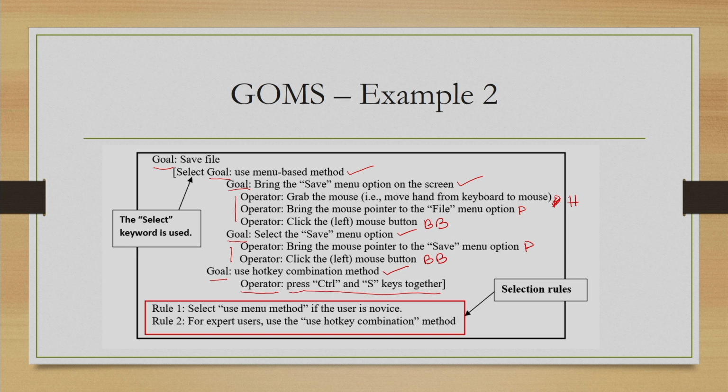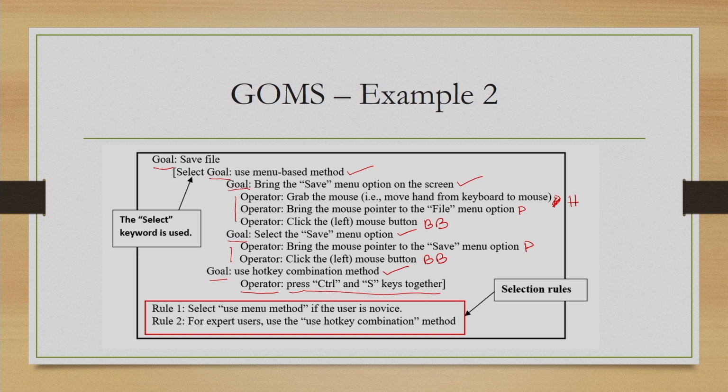Now, we can think of it in different ways. One is we can directly call it an operator, and then accordingly for such operators we have to determine the value. Other thing is we can actually represent it as a goal of pressing these keys together, or a sub goal, and then under this sub goal we can use keystroke level operators to achieve this task.